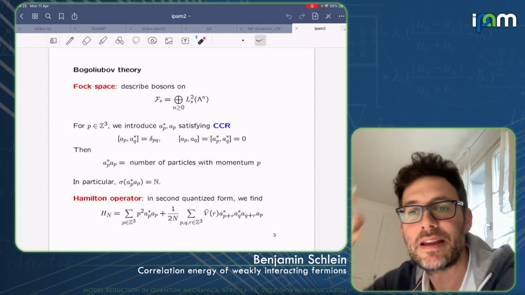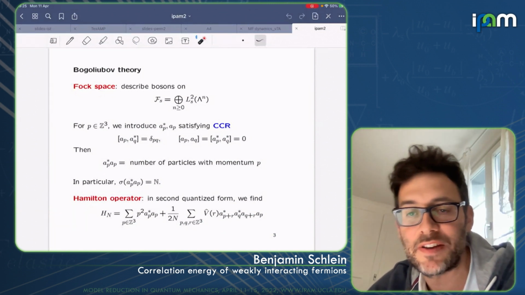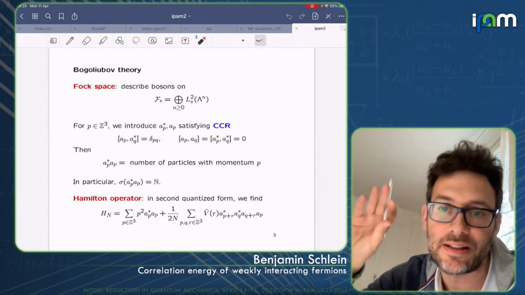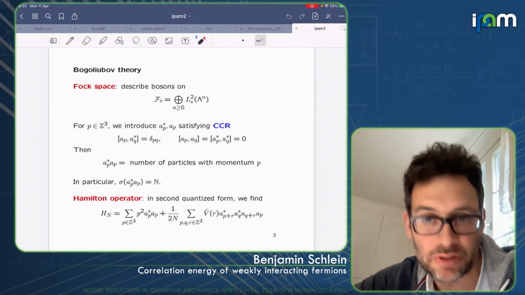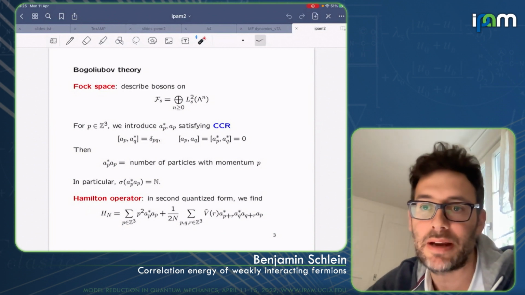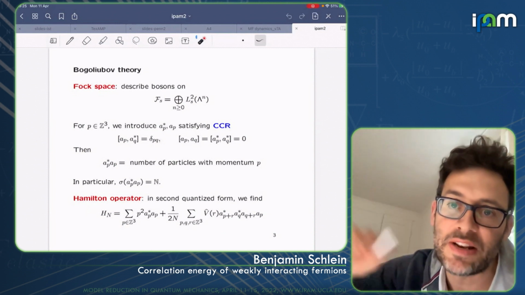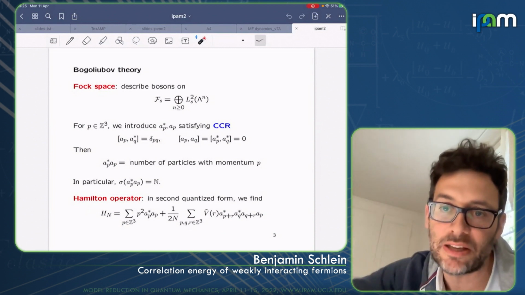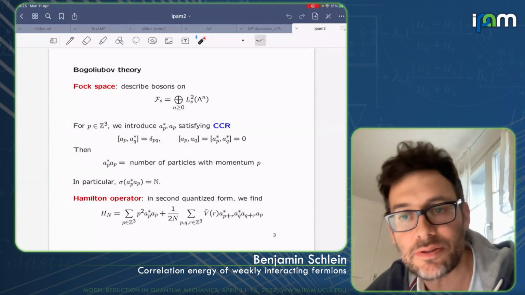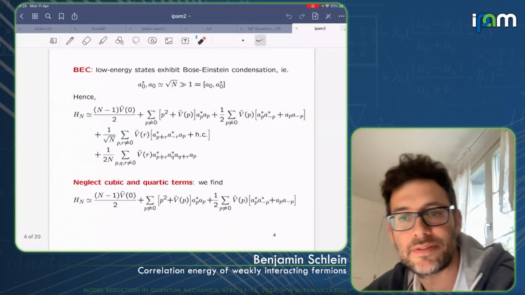The reason is that, as we will see in a second, bosonic systems at small temperature are characterized by the phenomenon of Bose-Einstein condensation. There is a bunch of particles, and most of the particles are in a single one-particle state with momentum 0 in this case. In the Fock space, the total number of particles is conserved, but what is not conserved is the number of particles in the condensate and the number of excitations. So there can be particles jumping from the condensate to the excitations and vice versa. That's why it is so useful to switch to this Fock space representation. Okay, so let's do it.